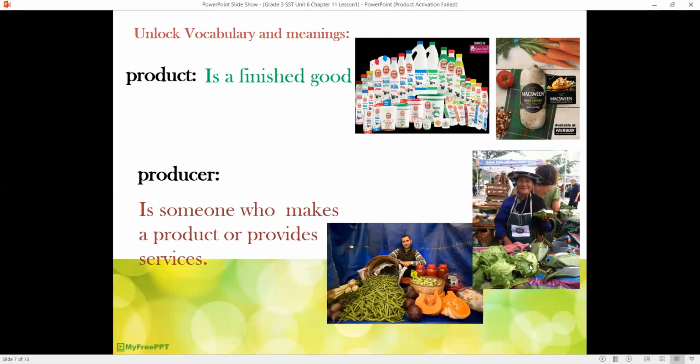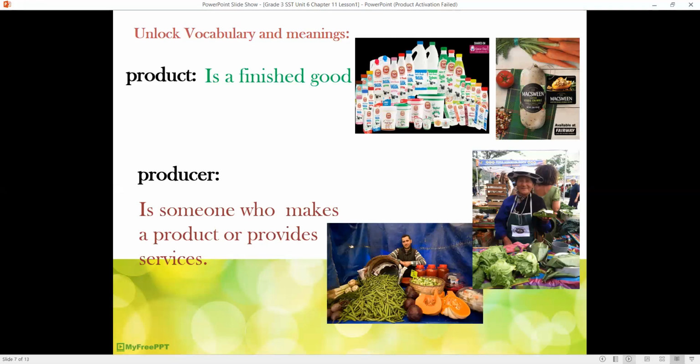Like here, as we can see, these two people. Here, this man has got all different types of vegetables. Here is a woman who's got, again, vegetables. So you will say, Miss, how are they producers? They are producers because they are like farmers. They have grown these products in their gardens, in their farms, in their fields, and then they are selling it